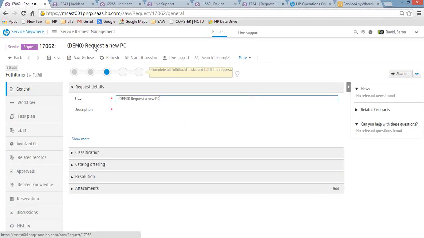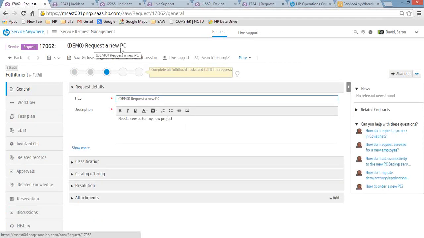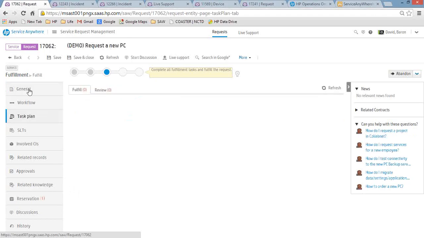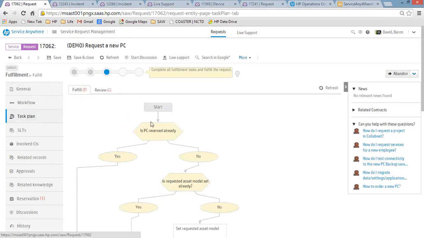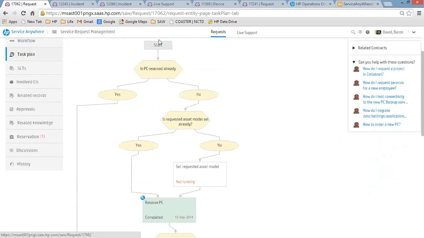And as we look at the request to PC ticket that was submitted through a catalog request, what I want to highlight is the task plan for this. There it is. The task plan that actually executed is part of an automation flow that we've introduced that automatically looks for assets that have been stored in stockrooms and then does an automation step to reserve the PC out